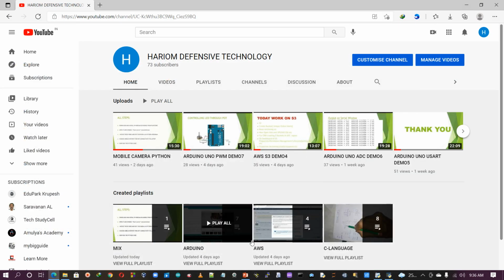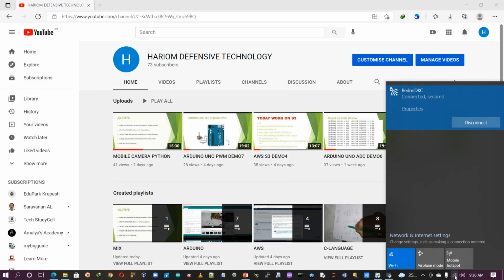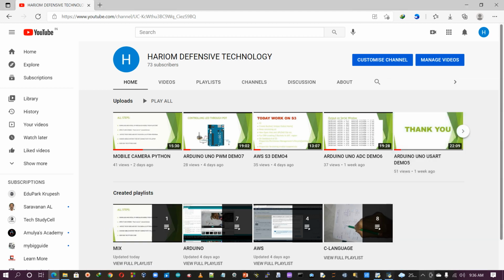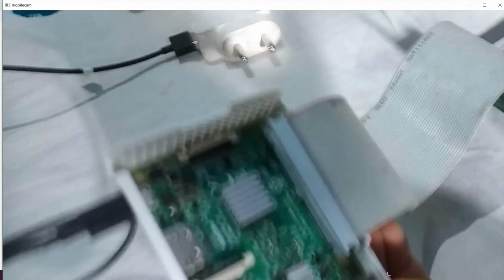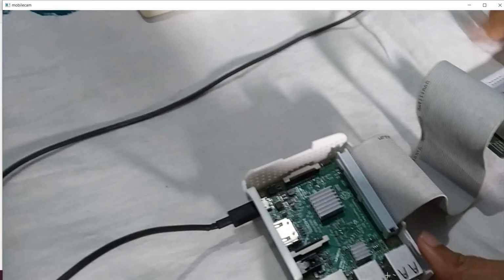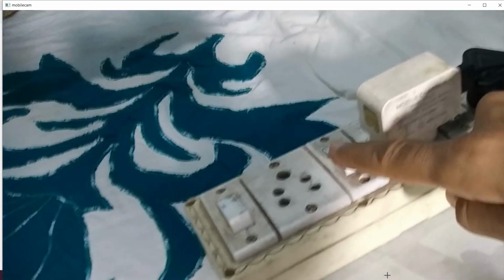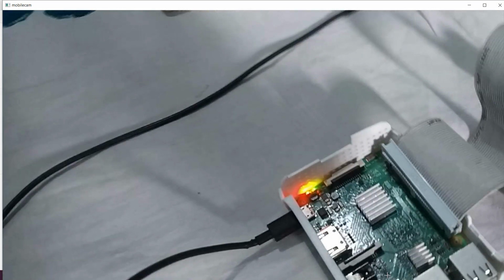So next step, I have already chosen the network, and I have downloaded these two things. Then what is the next step? Let me show. So see here, this is the Raspberry Pi. First I am connecting this. First supply the power. So here I'm supplying the power to this Raspberry Pi. Okay, then